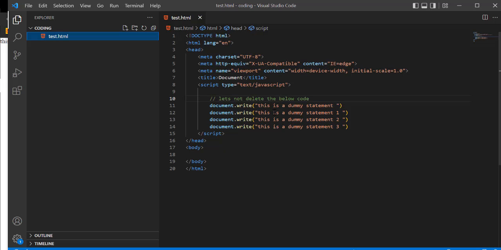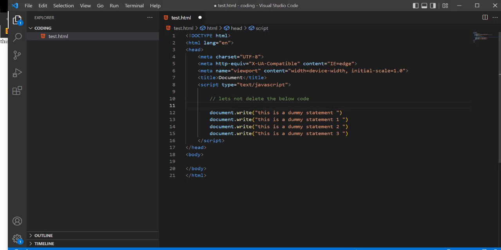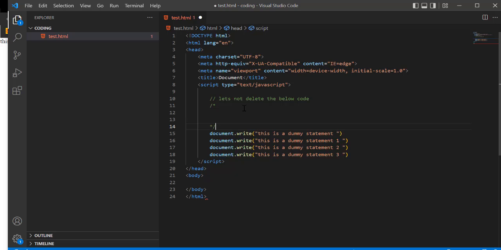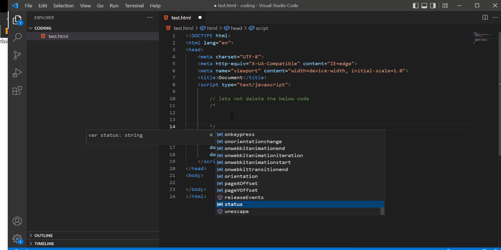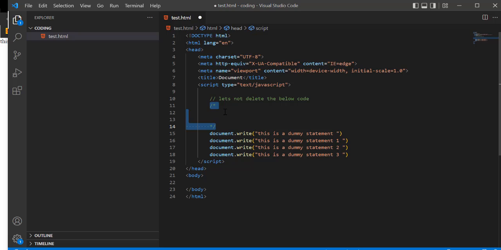What about if my comments are a bit longer? Let's say my comments are like 5 paragraphs long. What would happen to the comment then? So let's say it's just a small one, a big 5-line comment. I cannot just go ahead and keep 2 forward slashes on every line. So what I can do is a forward slash followed by a star, and then a star followed by a forward slash, and whatever I write in between will be treated as a multi-line comment.